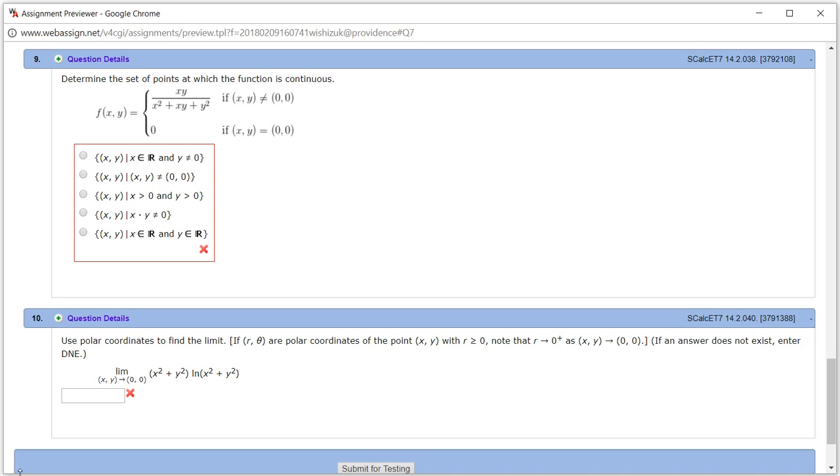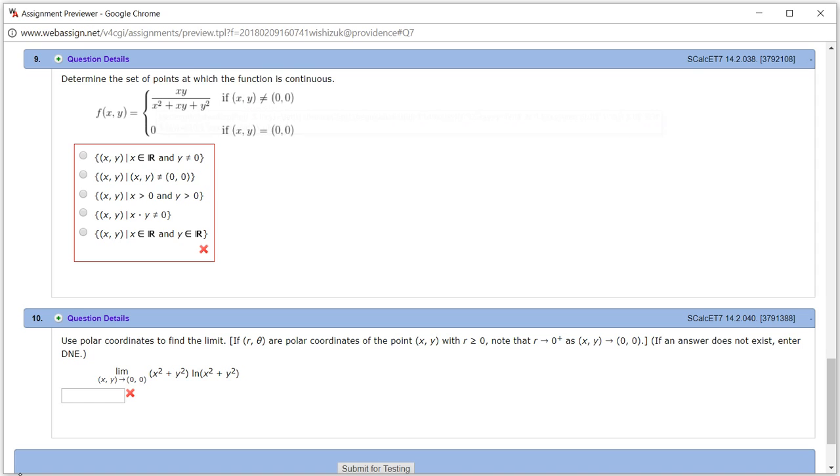All right, let's look at the homework 14.2, problem number 9. We want to determine the set of points at which the function is continuous. So let's look at this function. We have a function here, and this function